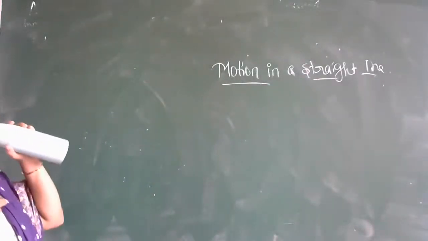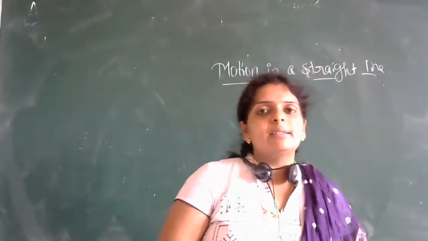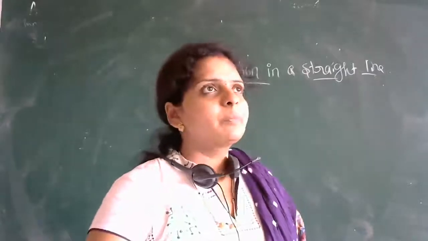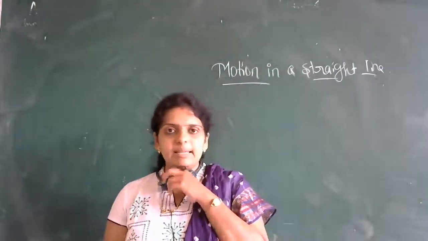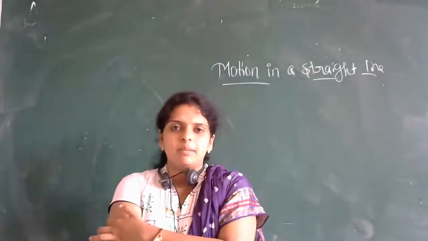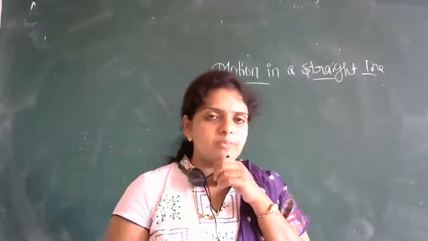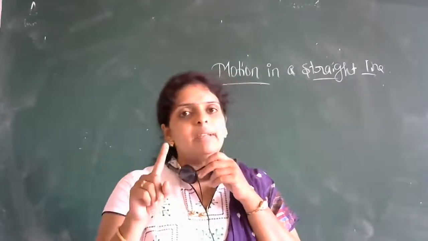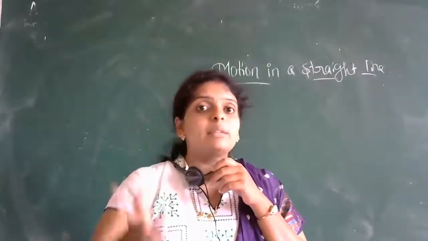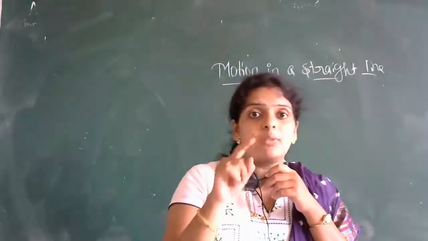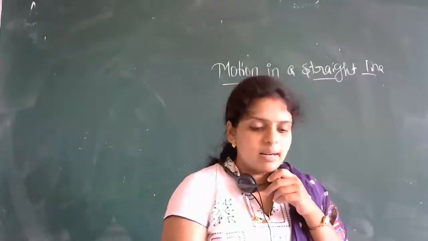Not 5 marks, sorry, 3 marks. This chapter will carry around 7 to 8 marks, but a maximum of 7 marks will be there, because one 5-mark question will be fixed from this chapter. Either they will ask you the derivation of those 3 equations, or they will ask you numericals. We need to start with our numericals from this lesson. Is it clear, everyone? What are the contents of this lesson?